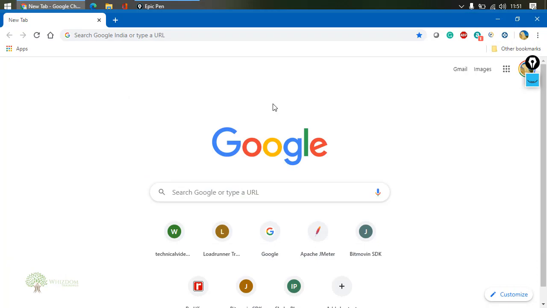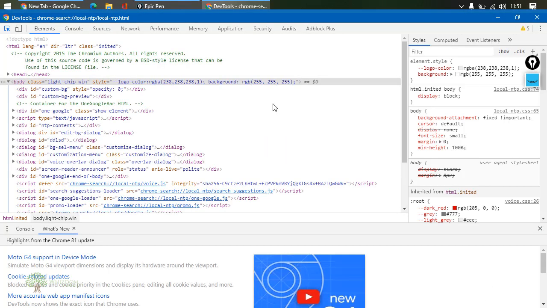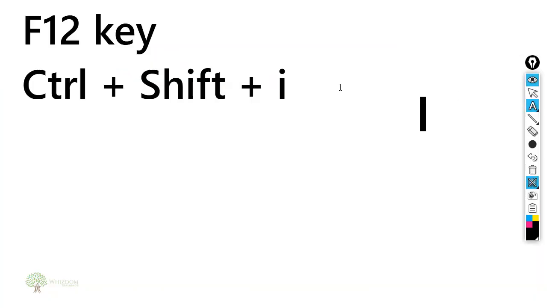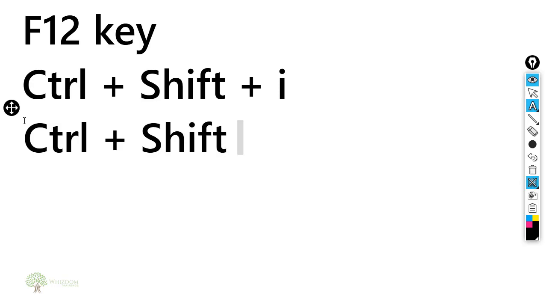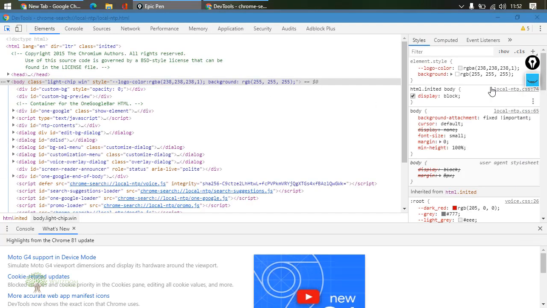Now there is another combination, that is Control Shift C. This also opens it up. Now we have three key combinations. The other two are completely GUI based.